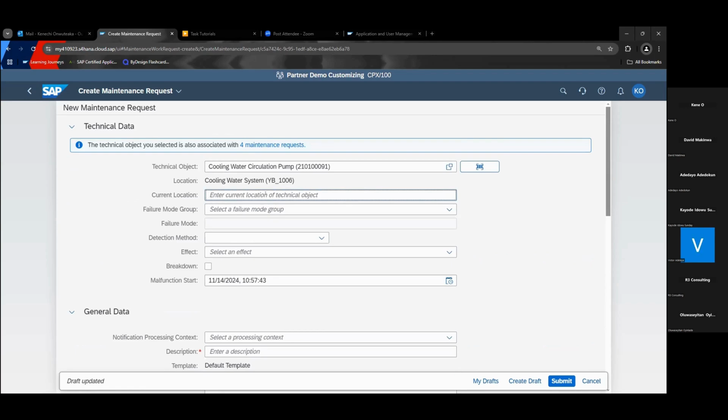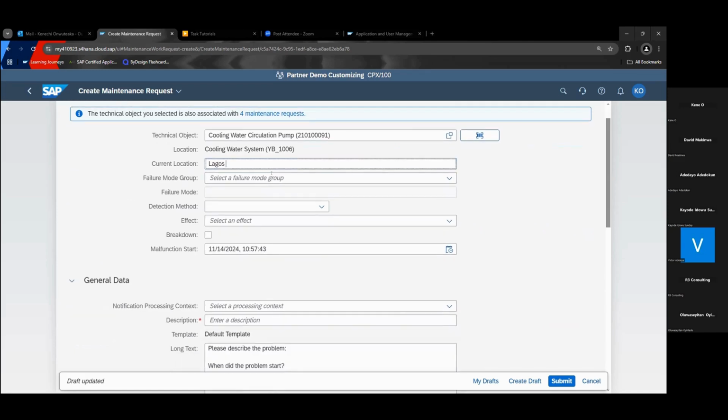You can enter a location, and this location is important because these locations will be calibrated to where your systems or equipment actually are. So we select this.